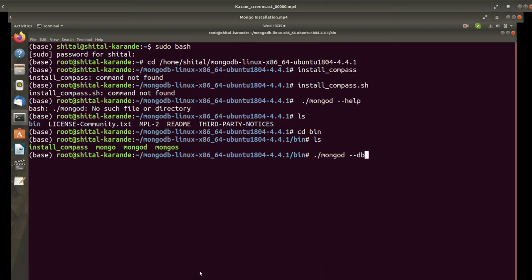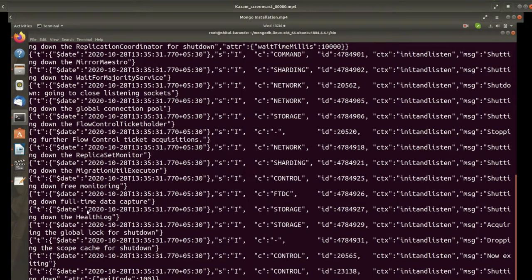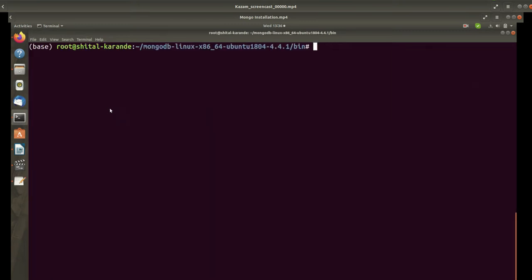And I have to specify the database path here, and the database path that I have to specify should be /data/db. So I have to make this directory in the bin folder.